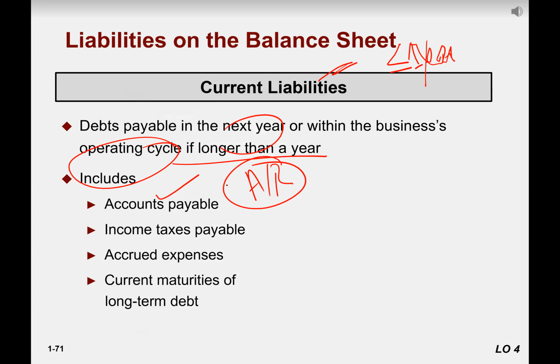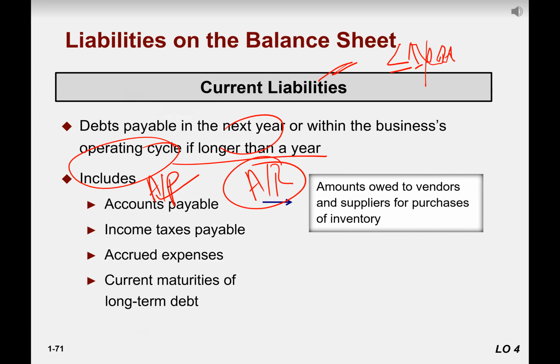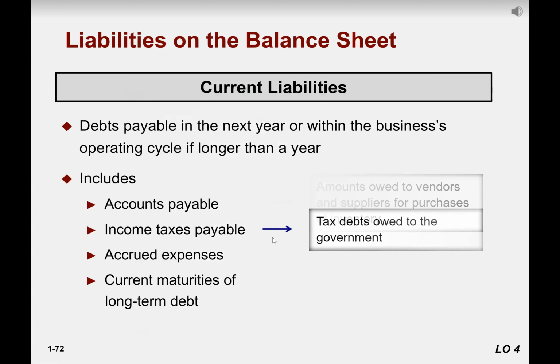We purchase raw material from our suppliers and we are not paying him cash right now, we will pay him later. So that creates account payable. Right guys? So definition is amounts owed to vendors or suppliers for purchasing of inventory. Right? Income tax payable means money that is to be